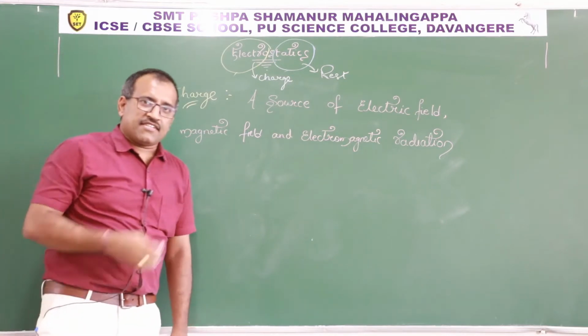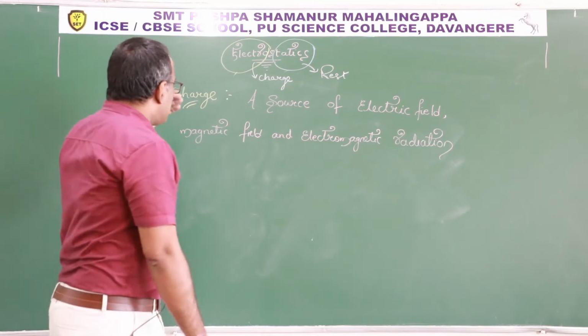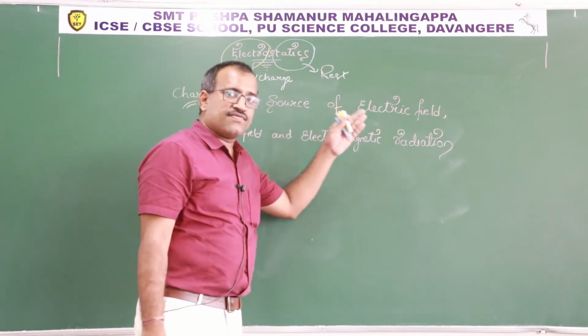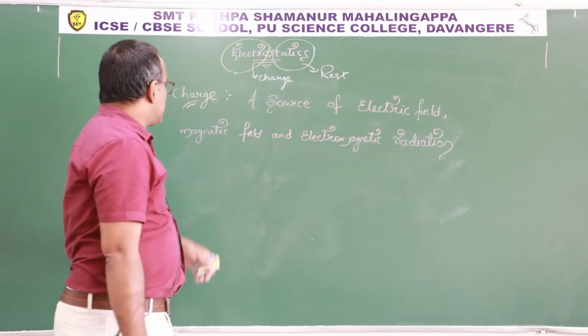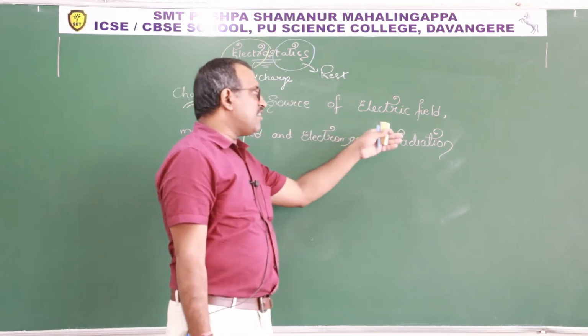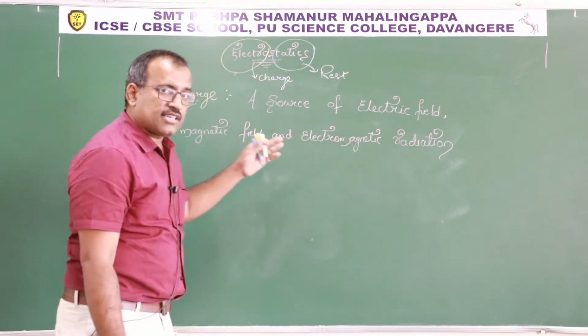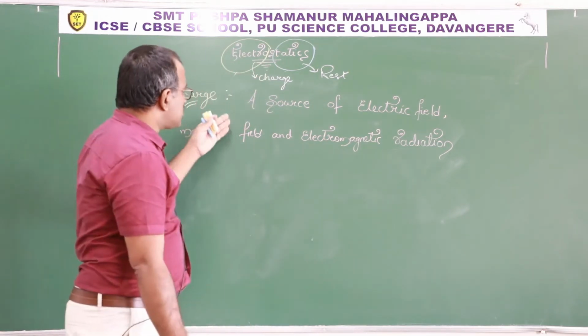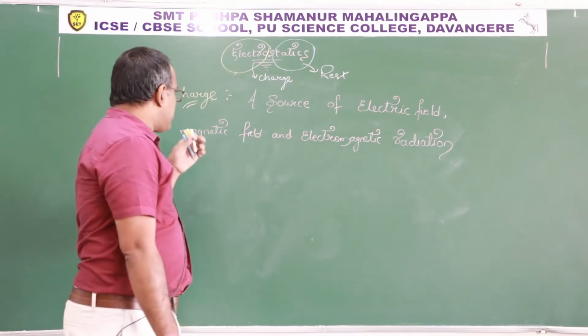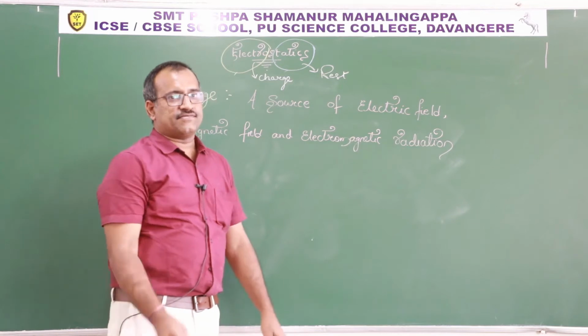And electromagnetic radiation. So once again, let me repeat it. A source of electric field, magnetic field, and electromagnetic radiation. Clear? A source of electric field, magnetic field, and electromagnetic radiation. That means